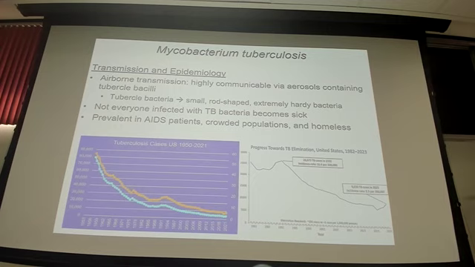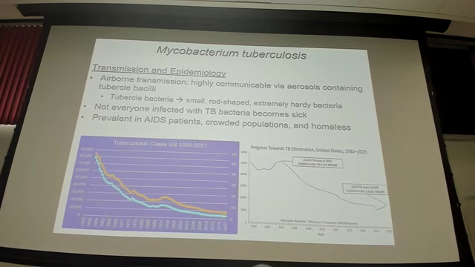Okay, so in terms of transmission, this is an airborne disease. When somebody has tuberculosis, like primary tuberculosis or pulmonary tuberculosis, they infect others by coughing, sneezing, laughing, talking, and those aerosolized droplet particles are inhaled by susceptible people, and they can establish infection that way. It's a bacteria called tubercle bacteria, very, very hardy. Important to know that not everyone infected with TB becomes sick, hence that high number of people worldwide who have TB. And it is possible to clear the infection right away too, so we'll talk about that more as well.